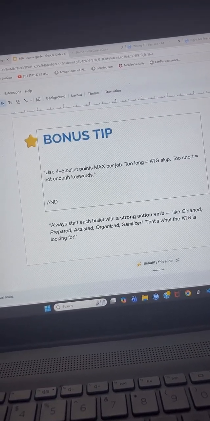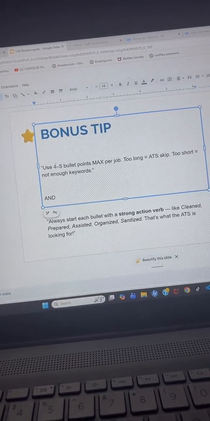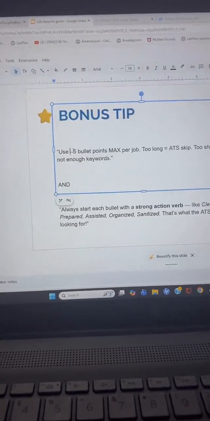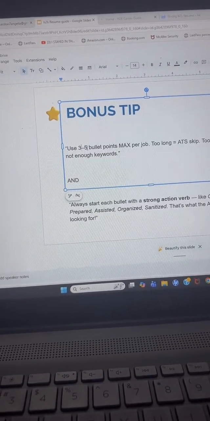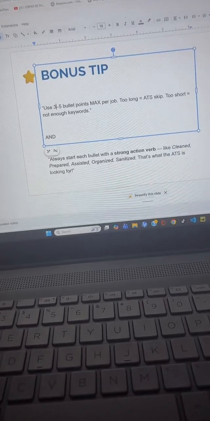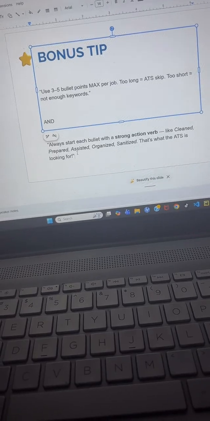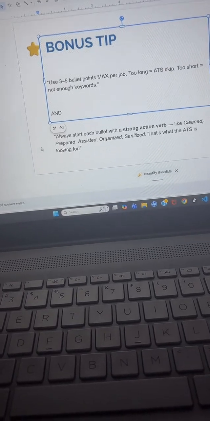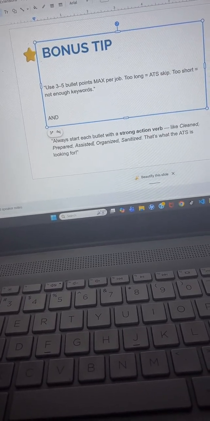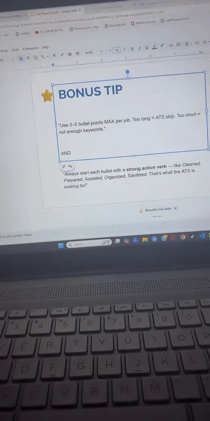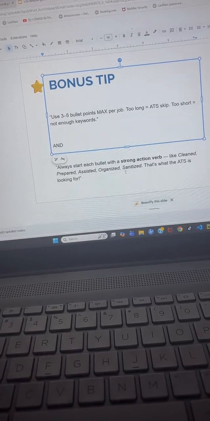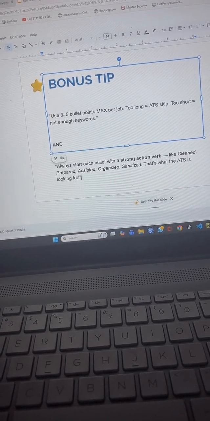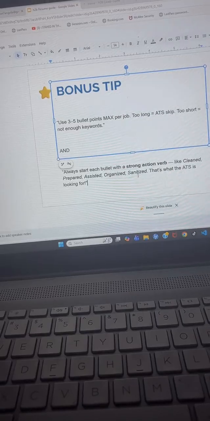It depends on how long your bullet is. I'm gonna change it to 3 to 5 bullets, so ensure that your resume is a one-page resume. Alright, and you can start your bullets with a strong action word like sanitized, prepared, cleaned, and so forth.